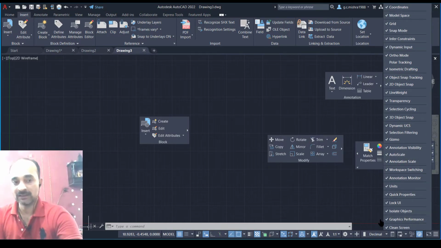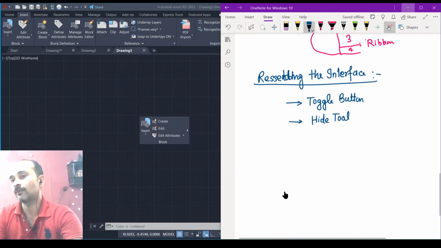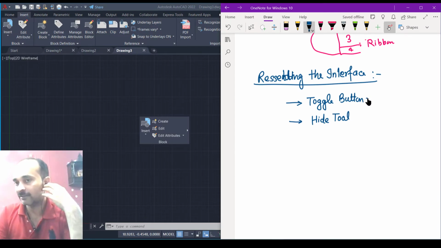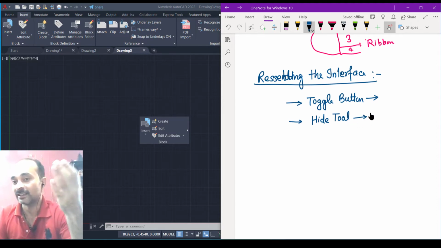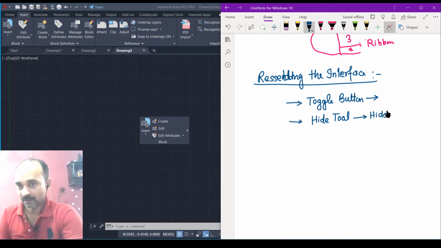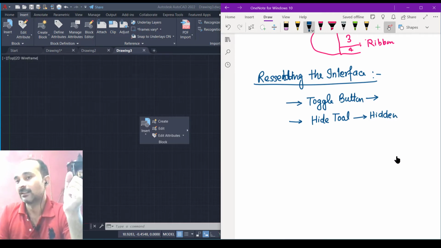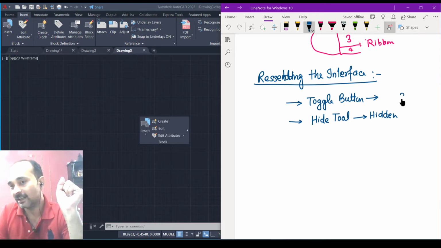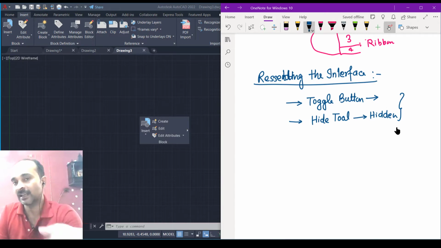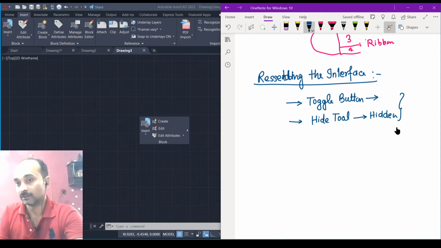If I turn on all, this task pane will be full. We can hide the several commands from here. If we have hidden the commands from here, then we do not need to reset the interface. It means we have to check the toggle button condition before resetting. We have to check the hiding of the commands. If we have only hidden some commands, then we can click them once more and they will appear. Then we do not need to reset.